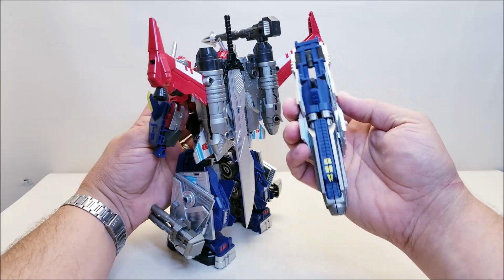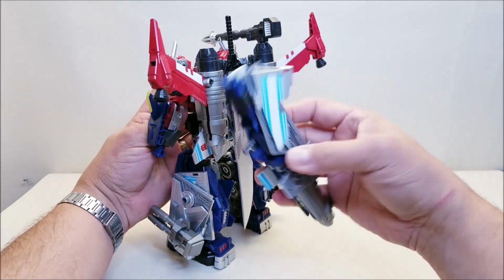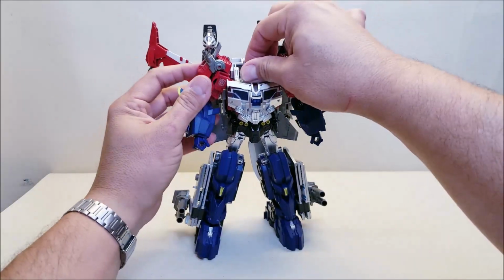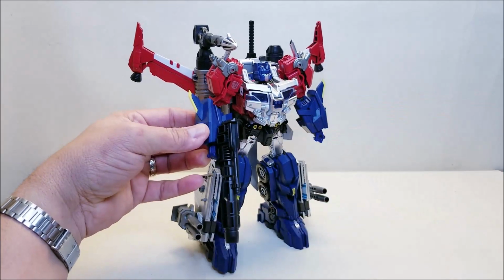I don't know that there really is much of a way to store this on his back, to be honest with you. I haven't really played with that option. I've usually just kind of had this off to the side, and that's what we'll do for now anyway. Because for the final shot, for comparisons and final shots, I do want him holding